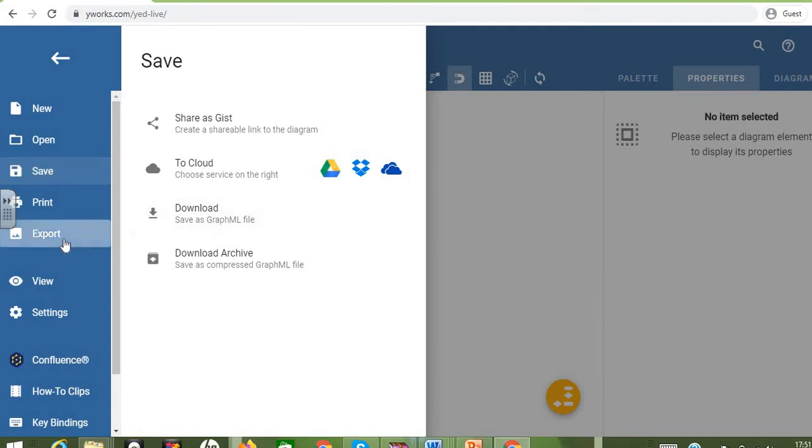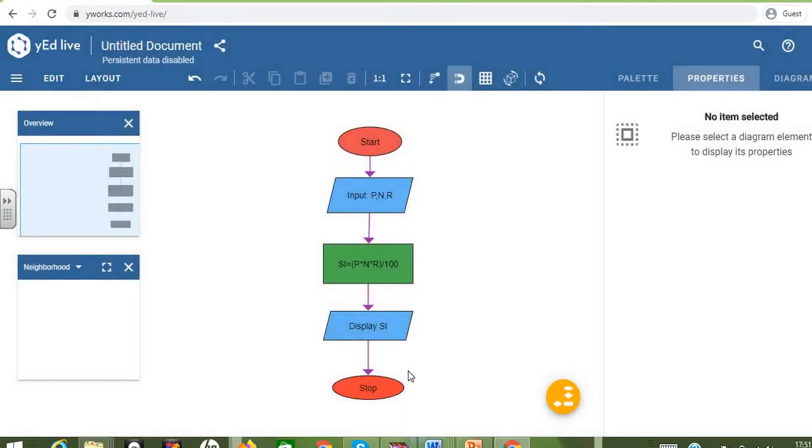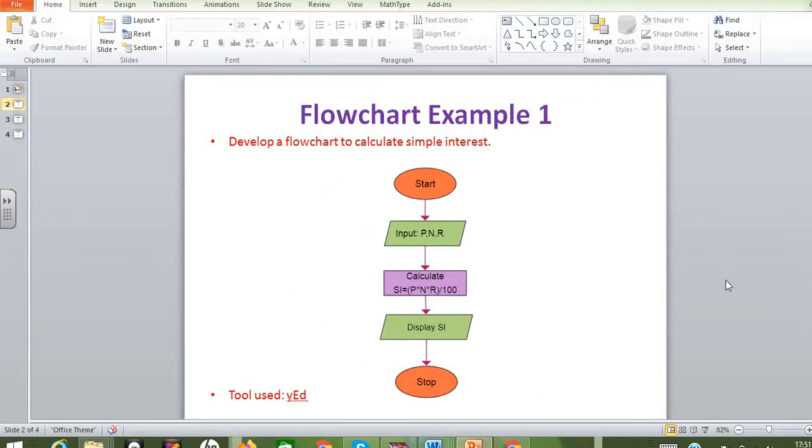But instead of that, if I go for export, then I can select any 3 types of formats which is available over here. So I can give export, then this particular flowchart can be used and we can keep it as an image in any Word document or PPTs, right? This is how I have drawn the flowchart for simple interest.